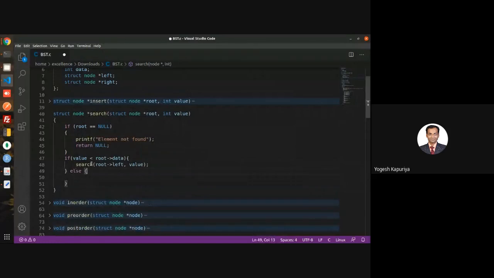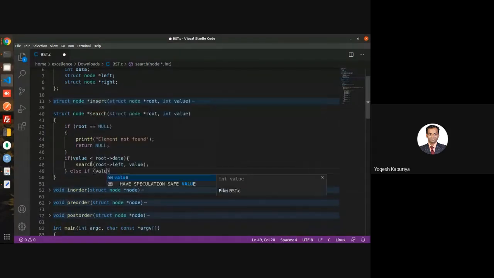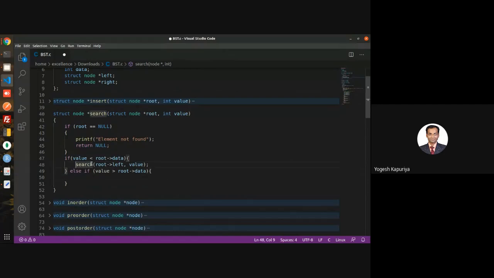If it is greater than the root value, then you are searching in the right part.